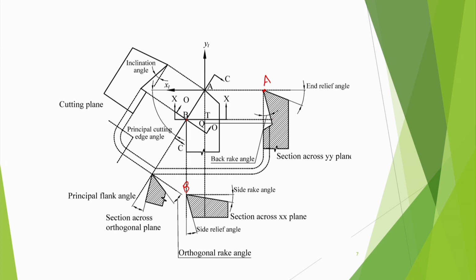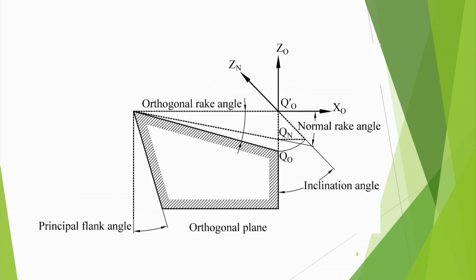So this we have to see, and now we will see how it can be converted. So we are going to go to the next slide here, but before that let us discuss orthogonal and normal plane. What do you mean by orthogonal plane? Of course, orthogonal plane you know very nicely that this plane is perpendicular to the cutting plane and also the reference plane in whatever system we use. And in that, if we draw this type of projection, then we see the principal flank angle in a very apparent way, and orthogonal rake angle appears here.